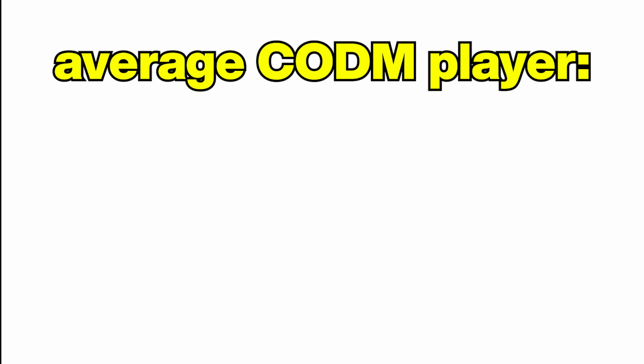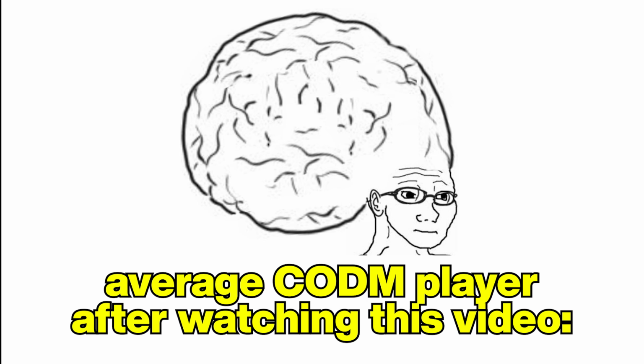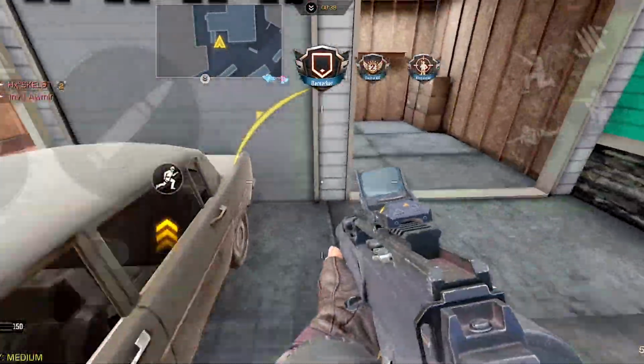The average COD Mobile player uses 9% of their brain power. What if you began using 99%? Ranked warriors and pro players make micro decisions every second whenever they play the game, and they want to have